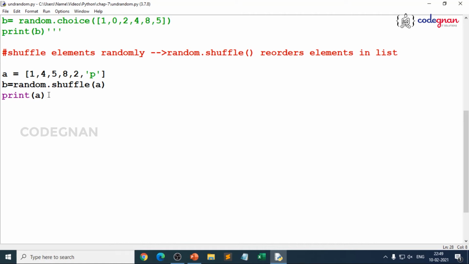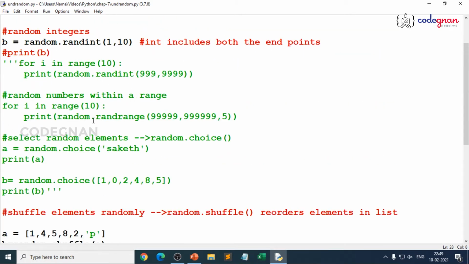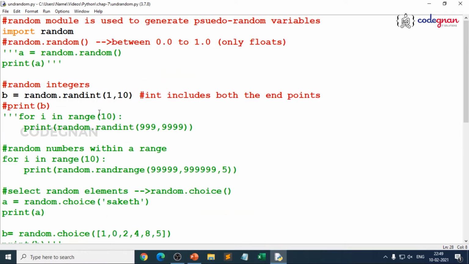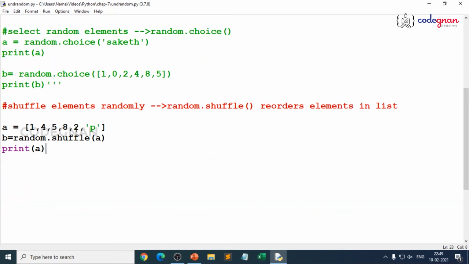So we have understood some very important modules. We started with the math module, understanding some important mathematical functions. Then we worked on the time, date, time and calendar modules. We have also seen the pretty simple usage of the random module: how we generate OTP kind of logic, and shuffling and choice of elements. Just keep concentrating on them, and you can work on more functions once you understand a bit